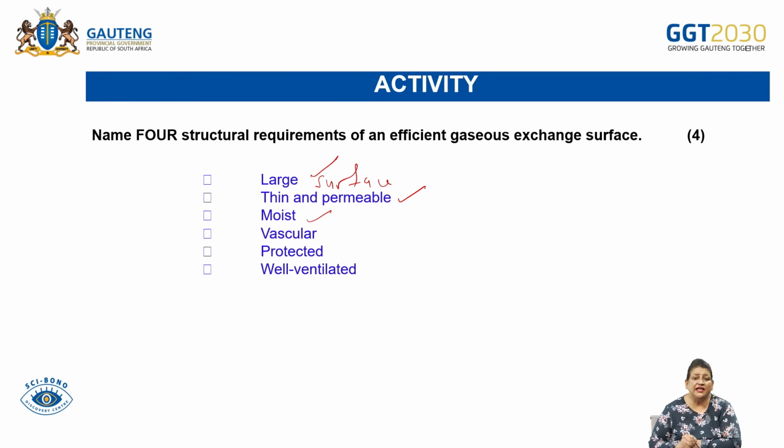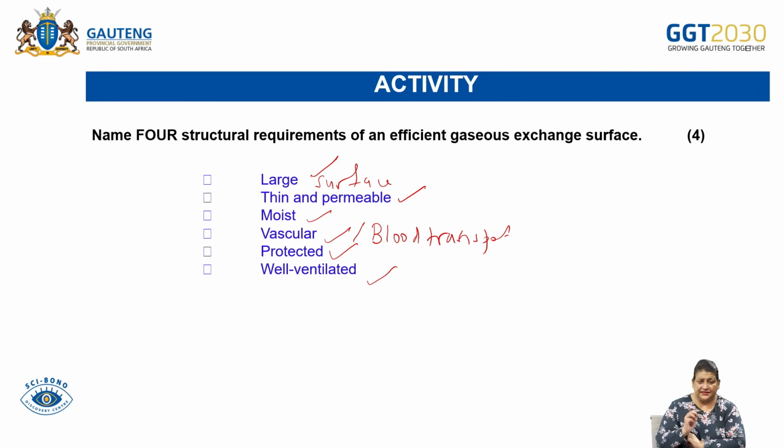The surface must be moist. The surface must have a blood transport system. Instead of saying vascular, you can say a blood transport system, or even just say transport. It must be well protected and it must be well ventilated. Now, our lungs satisfy all these 6 requirements, but the 5 most